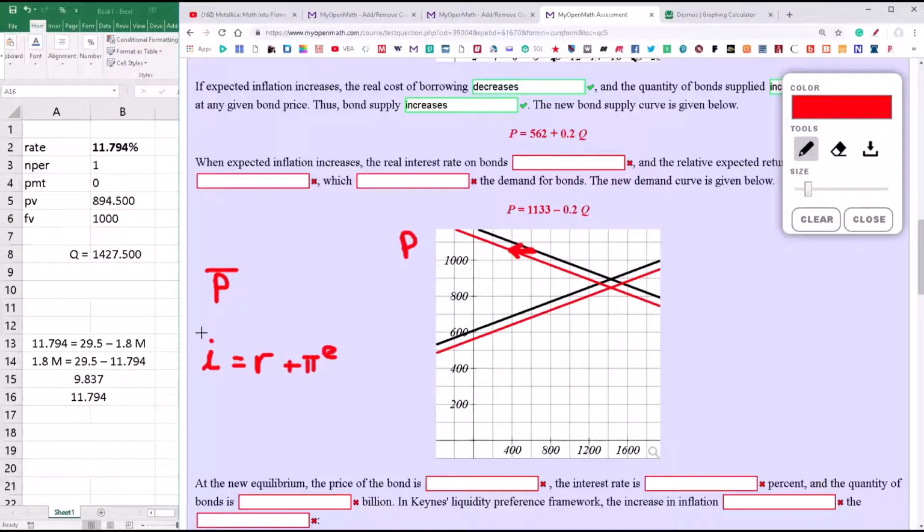If we're holding the nominal rate of interest constant because the price is constant as we shift this curve and expected inflation increases, again, the real rate of interest decreases. So that's a decrease right there. Okay. Now, if expected inflation is increasing,